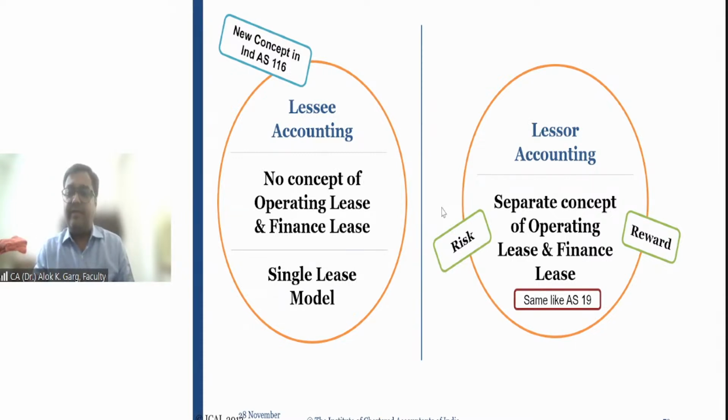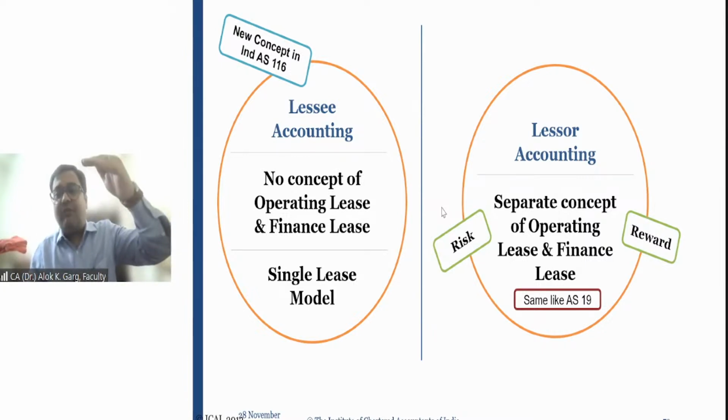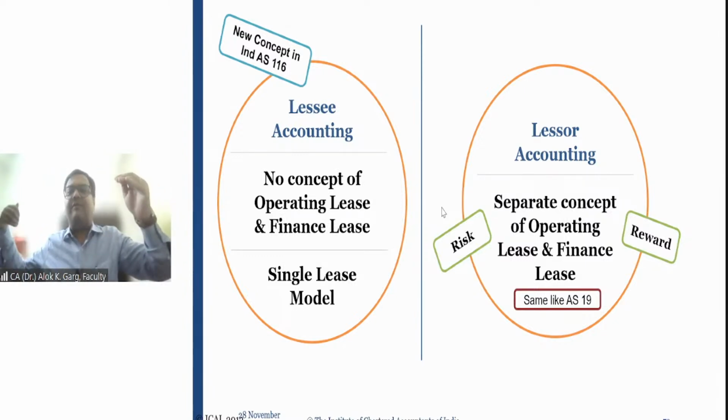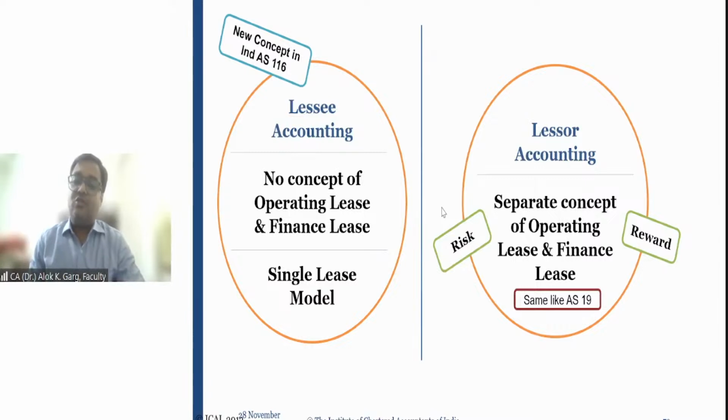So lessee will not be recognizing a property, plant and equipment. Lessee will recognize a right of use asset for 3.5 lakh, and this asset gives the lessee a right to use that car for a period of 3 years only. So lessee will recognize 3.5 lakh and depreciate it over a period of 3 years. Lessor will recognize 10 lakh rupees as a PPE and depreciate this over a period of 10 years. Right? So if I only talk about asset, yes, there is a double recognition,